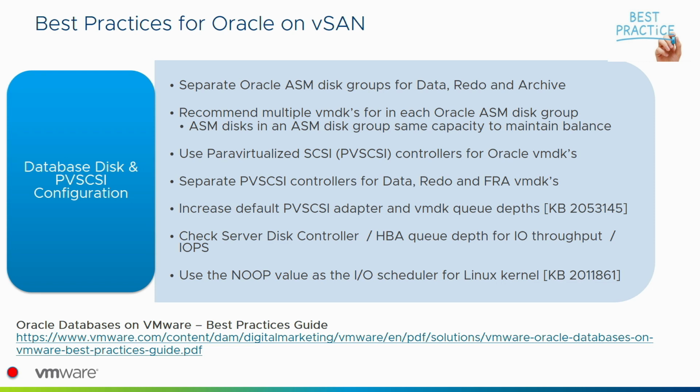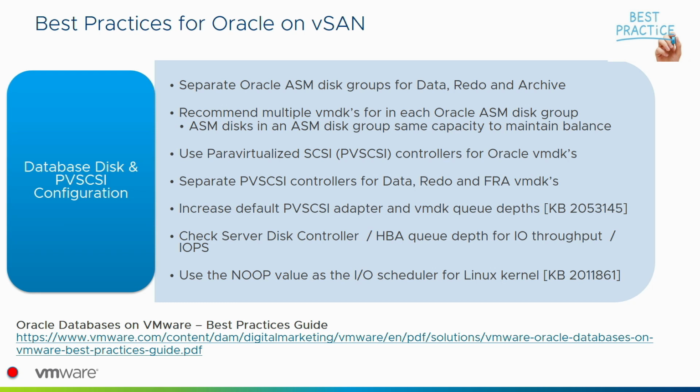Keep in mind, when you have a physical architecture, you have your HBAs and you have your LUNs. What would happen is you would have to do HBA QDEP tuning. You have to do LUN QDEP tuning. Similarly, in VMware land, you have to tune the HBA QDEP, which is the PV-SCSI controller, and your VMDK QDEP as well, so that you're able to widen the lanes on the freeway,